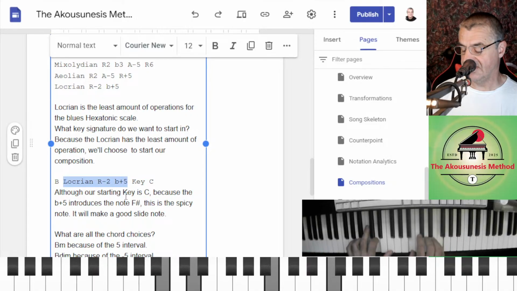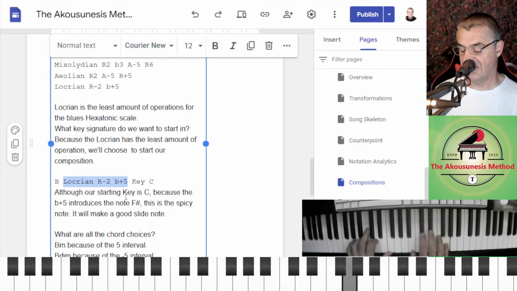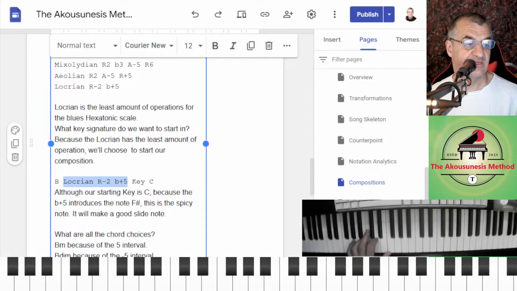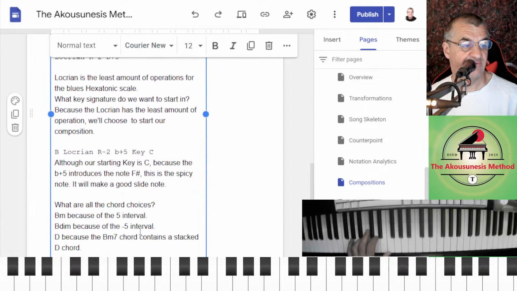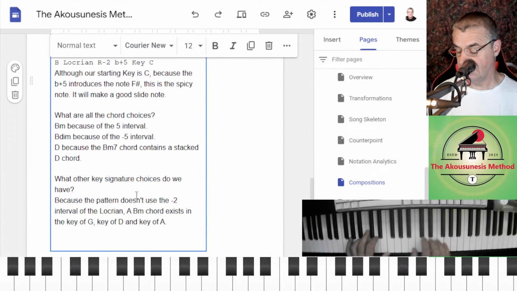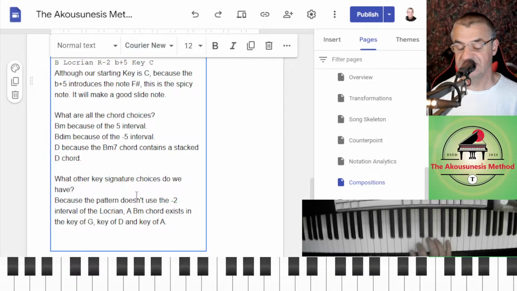And the only other operation is we need to add in that 5, and we don't have a +5 in this, right? See, there's no +5 in the formula. There's only a 5. So we can go from a +5 on the Locrian, just flatten it to the 5. So we're just going to remember we flatten the G to the G flat, and we don't play the C.